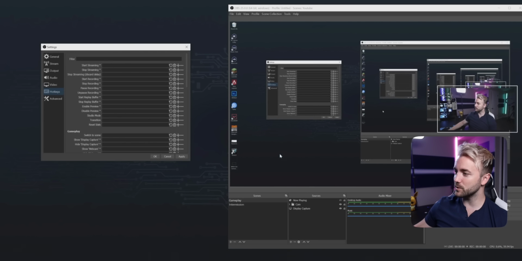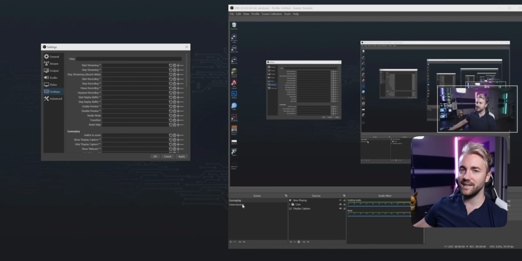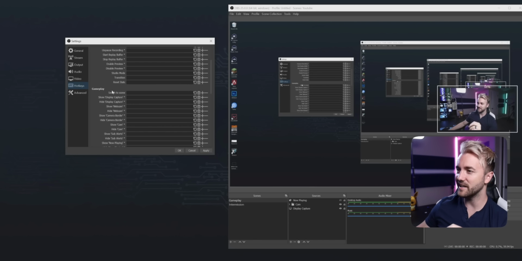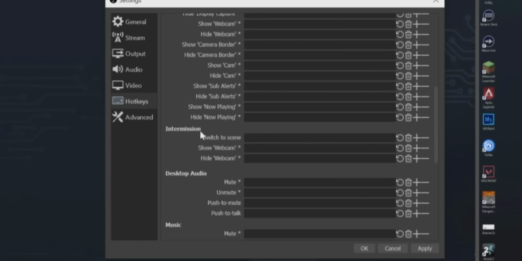You saw earlier I was switching between scenes by clicking on this, but if you're in the middle of a stream, you don't want to be grabbing your mouse, finding the right scene. Some people have dozens of scenes. So once I go to hotkeys in the settings, I can go to my gameplay scene right here. And you can see there's an option for switch to scene. I'm going to set that as left brace. And then I'm going to go to my intermission scene. I'm going to set that one as the end brace. And now